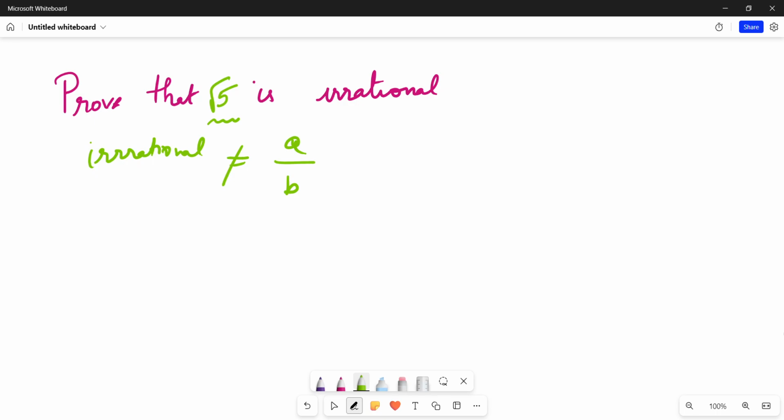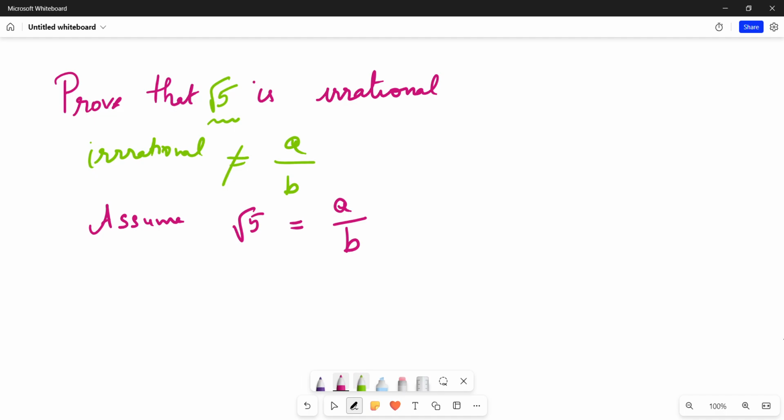Now, in order to prove that square root of 5 is irrational, let us assume the contrary and see where it leads us. That is, we are going to assume the opposite. We are going to assume that root 5 is rational and that root 5 can be expressed as a by b, the ratio of two integers. But the important thing which we are assuming here is that a by b is the irreducible form,